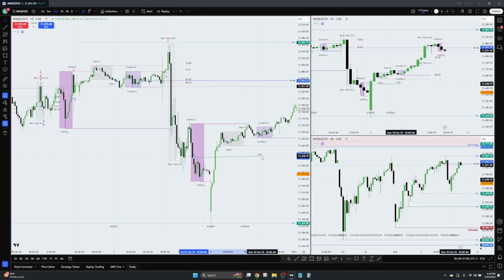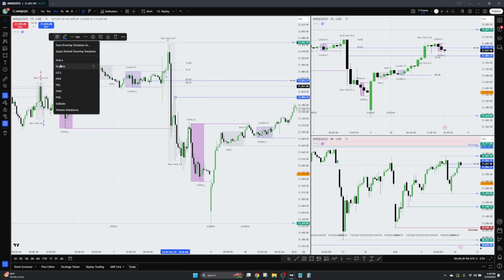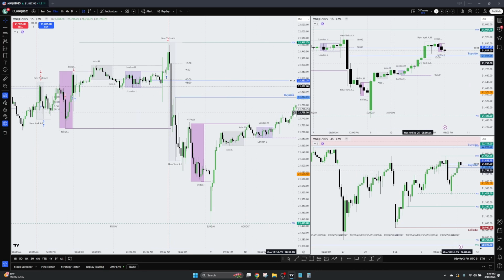So just with that in place, it gives you somewhat of an idea of where price may go. If you're looking at the 4-hour, you can see that there's a 4-hour order block up here. So this morning I was thinking potentially price could work its way up to that 4-hour order block. We also have a 15-minute high right here, which is buy side liquidity. And if we're here at 8:30, it really seems like price is working its way up to take this liquidity here and potentially work its way up into this 4-hour order block and maybe even this 4-hour high,